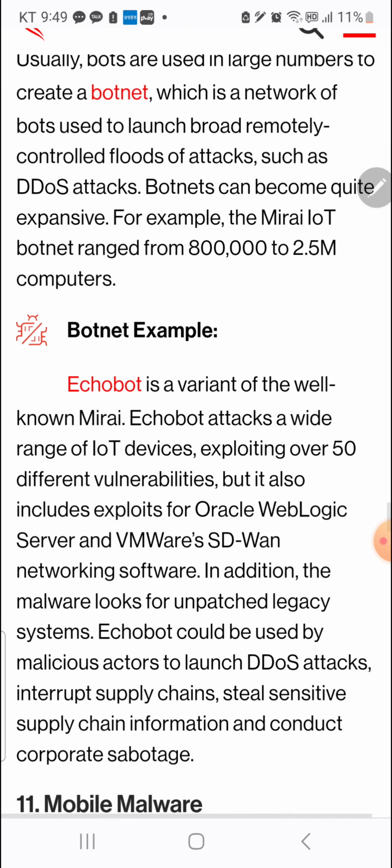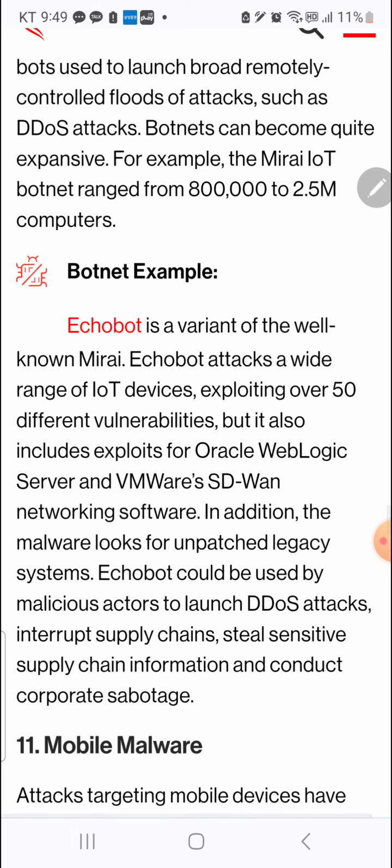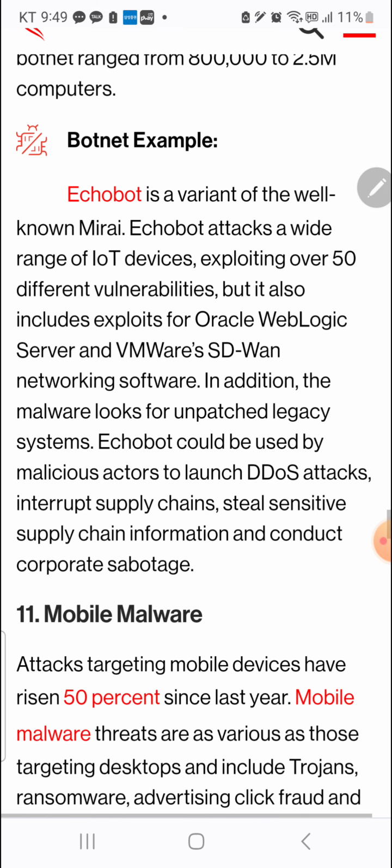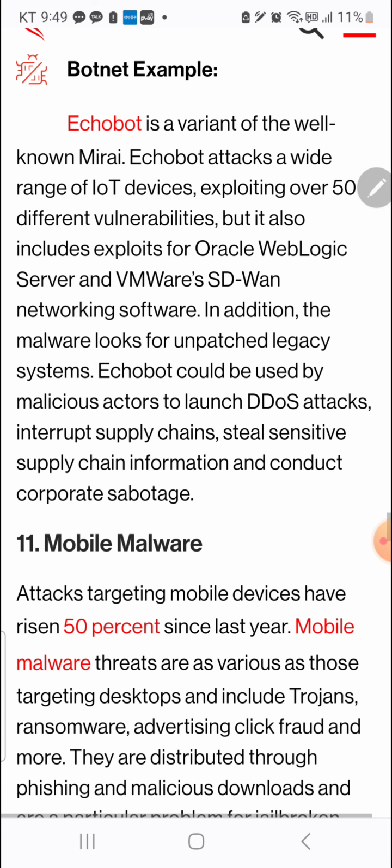Botnet example, EchoBot is a variant of the well-known Mirai. EchoBot attacks a wide range of IoT devices, exploiting over 50 different vulnerabilities, but it also includes exploits for Oracle WebLogic Server and VMware's SD-WAN networking software.